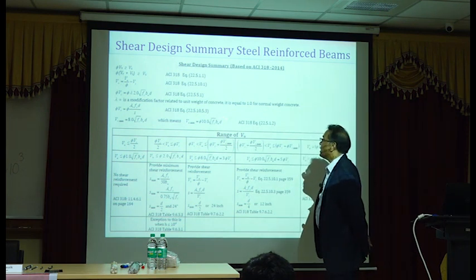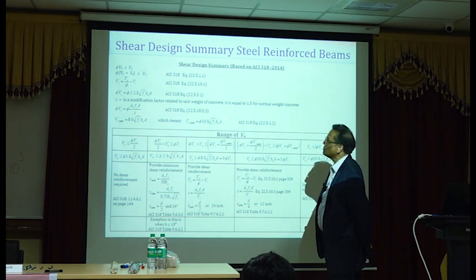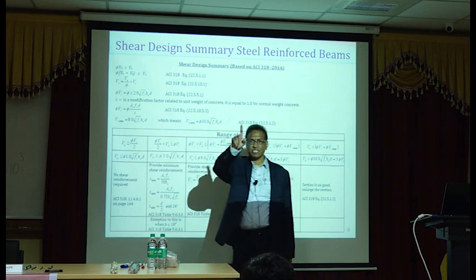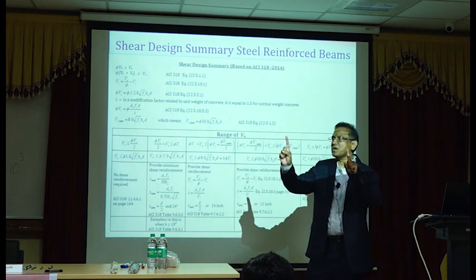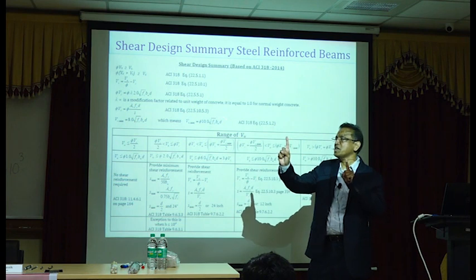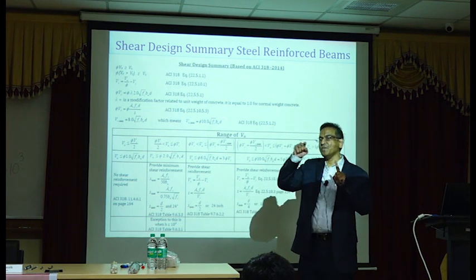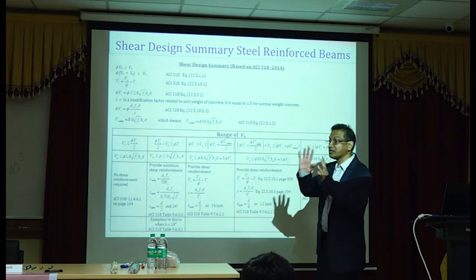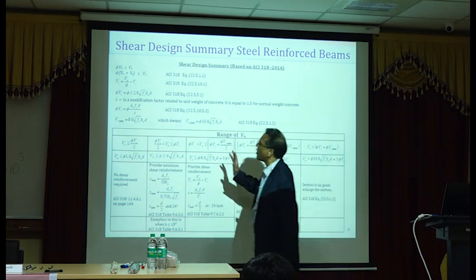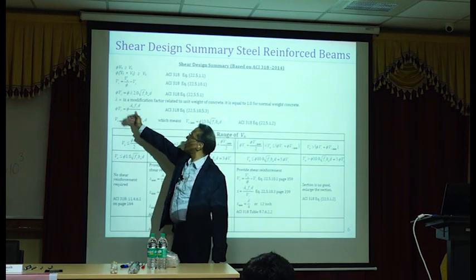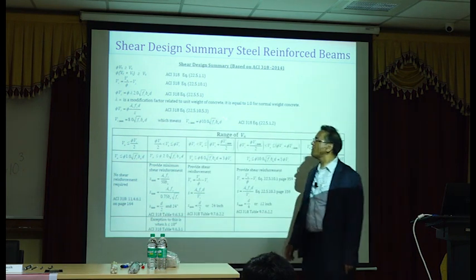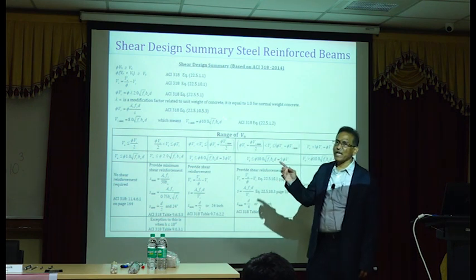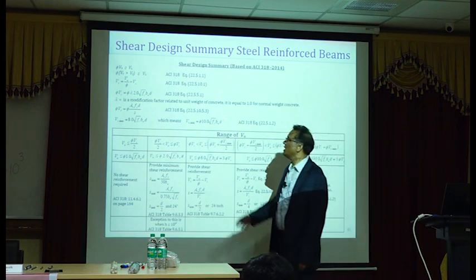Then we have the requirements for, okay, let me back off. And then you can find out the contribution of Vs just based on equilibrium, based on how many stirrups are crossing the interface over a length of d. It's just a statics problem. Based on statics, V sub S is Av fy, which is the force, times d over s. d over s will give you the number of stirrups, where d is the effective depth.